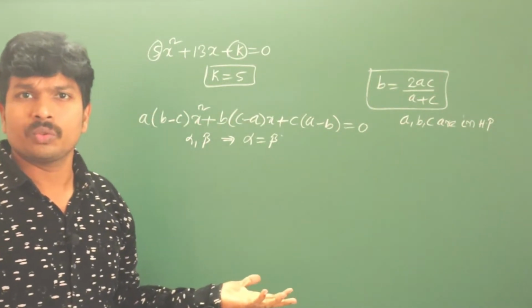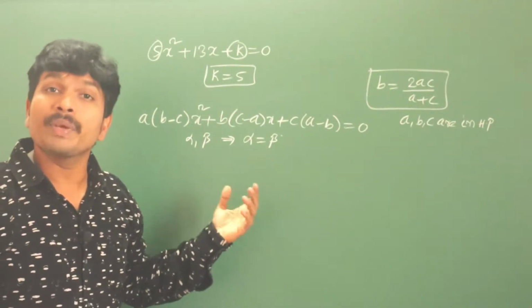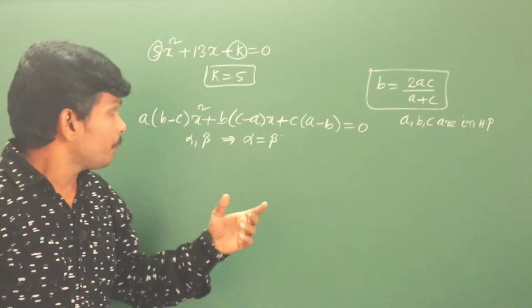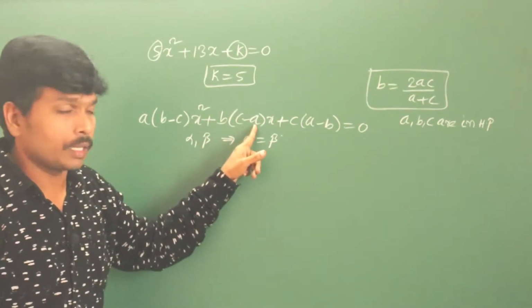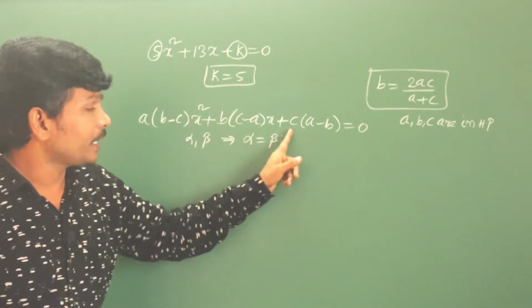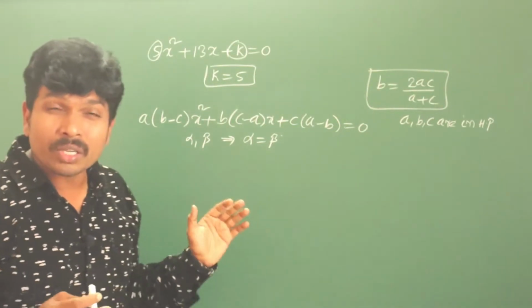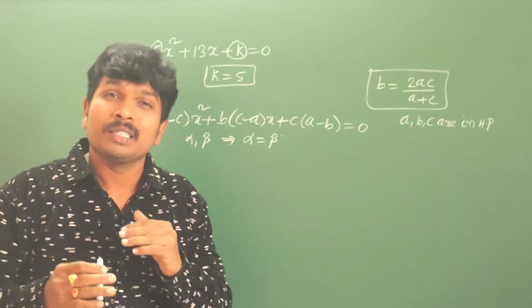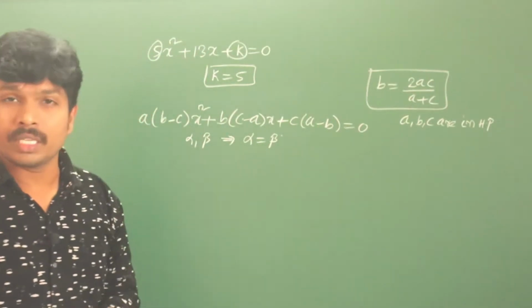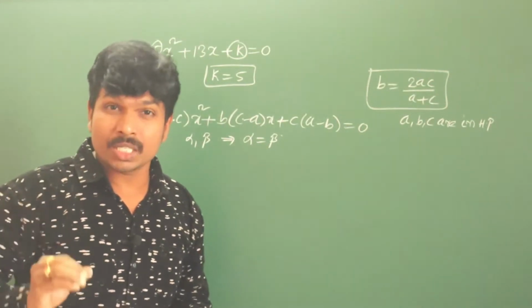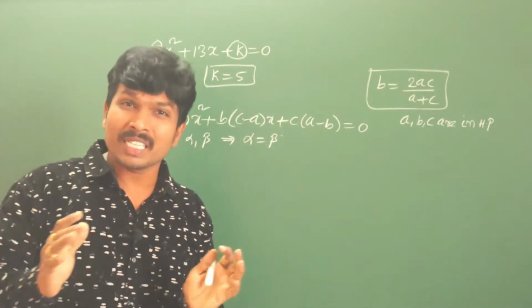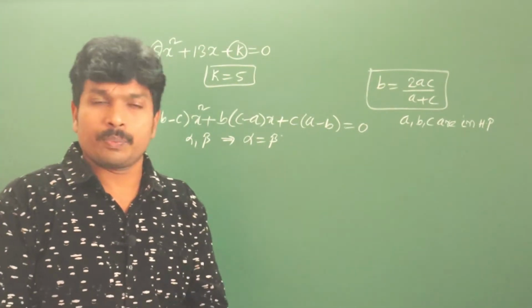You can do it that way also. Delta is nothing but a discriminant. B square minus 4ac equal to 0. B is nothing but B of C minus A, minus 4, it is A, it is C. So, it also takes more time and involves too heavy calculations. But a problem must be done in as few steps as possible.